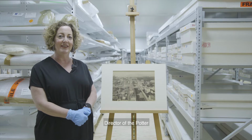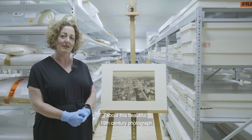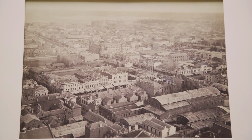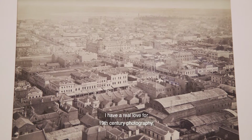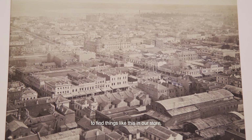Hi, I'm Gellatly, Director of the Potter, and I'd like to talk to you today about this beautiful 19th century photograph by the Paterson Brothers of Melbourne. I have a real love for 19th century photography, so it's fantastic to be able to find things like this